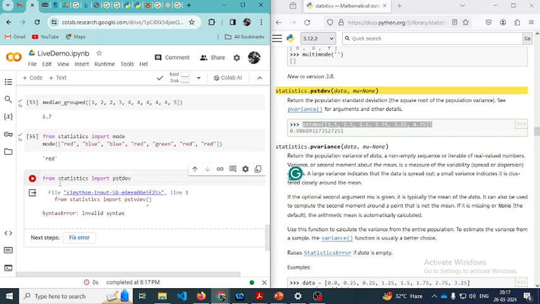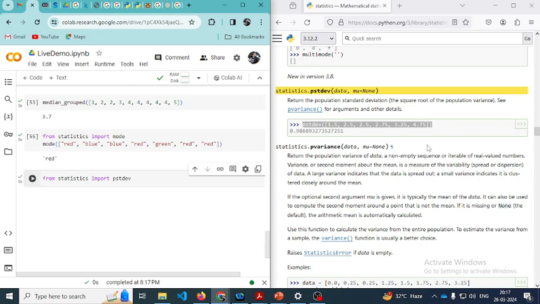I think there is some typo. PST, you just import that package, then